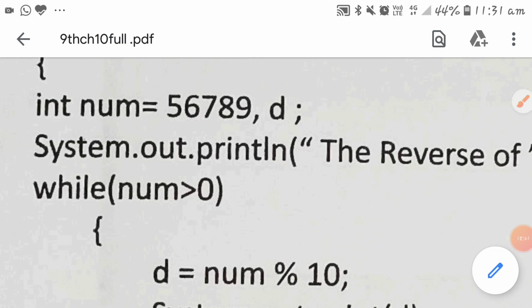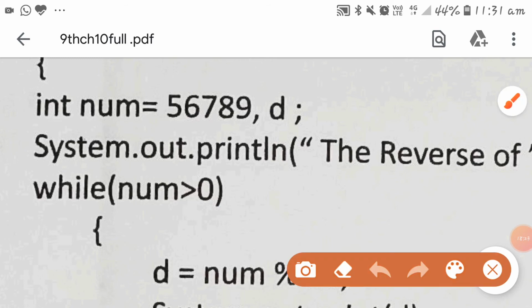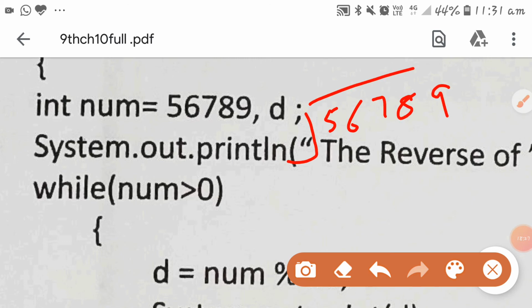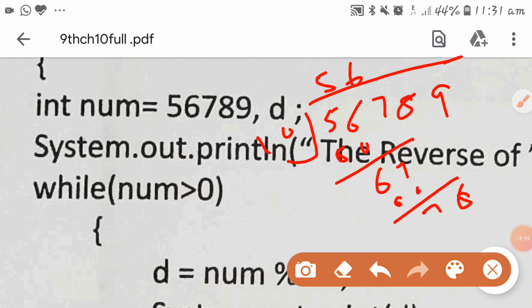So your quotient will be, when you divide 56789 by 10, 10 5s are 50, then 67, 10 6s are 60, then 78, 10 7s are 70, then 89, 10 8s are 80.